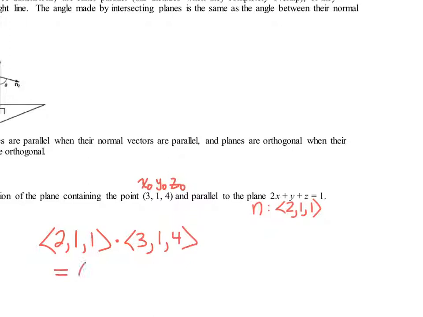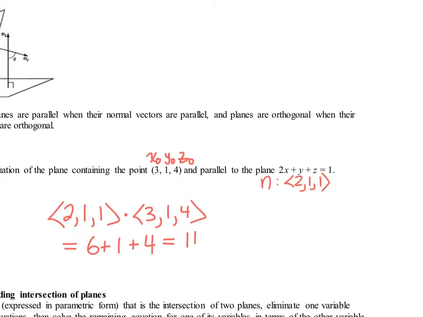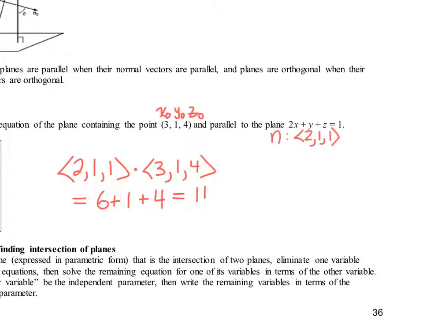It's going to give us 6 plus 1 plus 4 equals 11. And so therefore, we're looking at the plane 2x plus y plus z equals 11. All right. Now, personally,